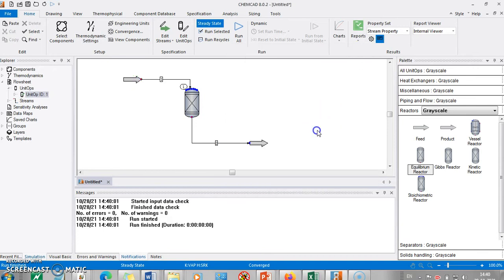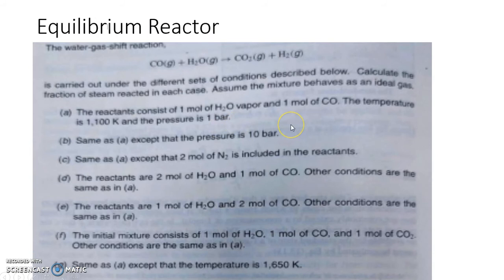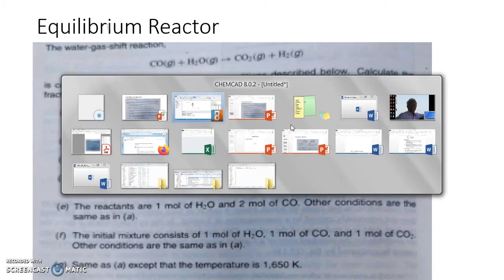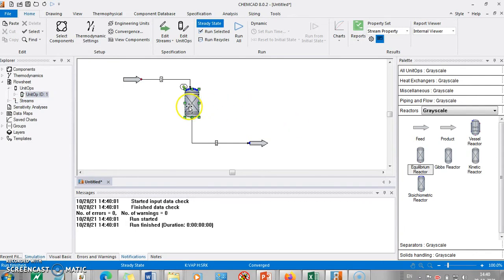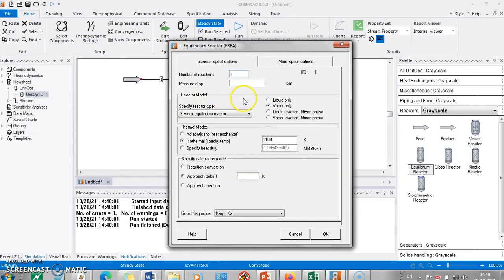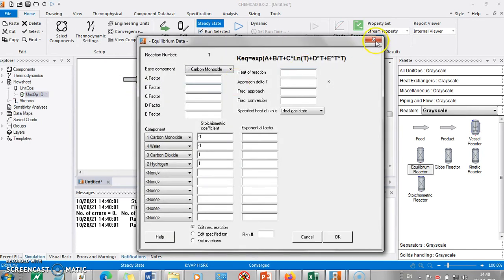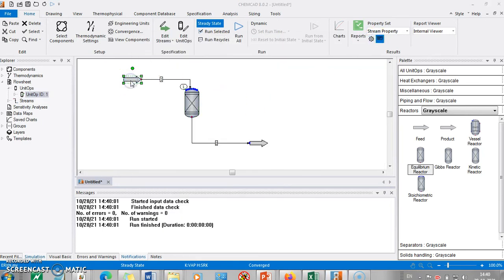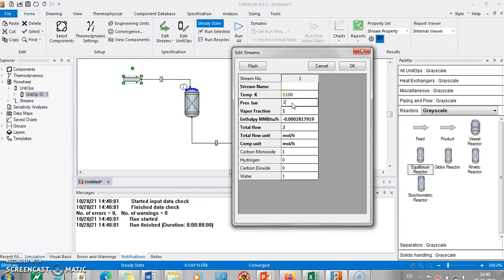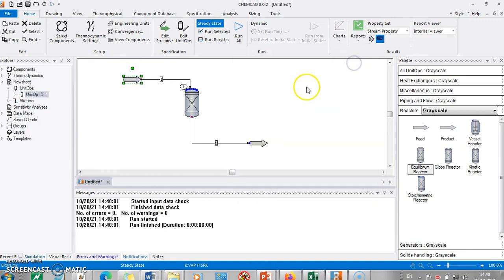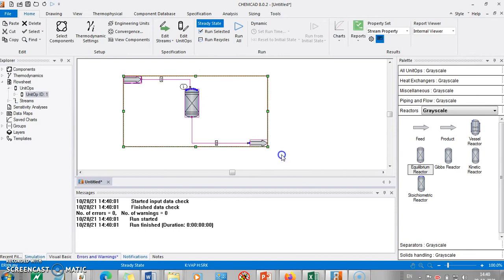Now suppose we say that the reaction is the same except the pressure is 10 bar, so we just need to change the pressure. So here we specify the pressure to be 10 bar. Press OK and run.